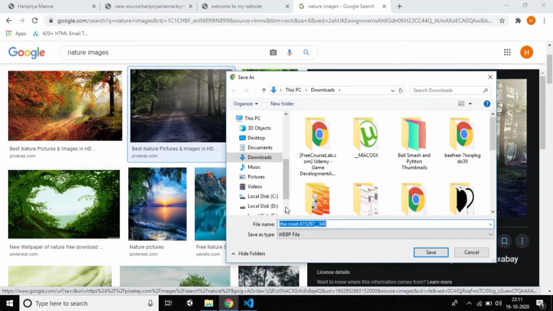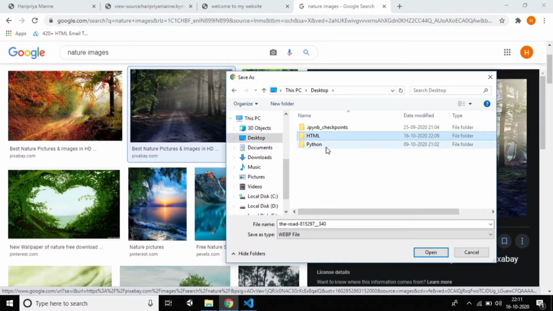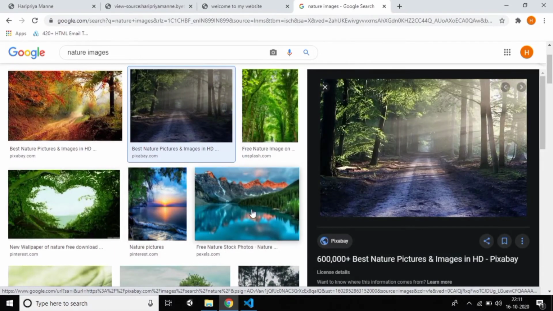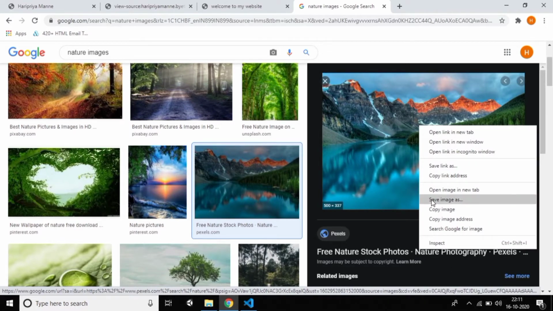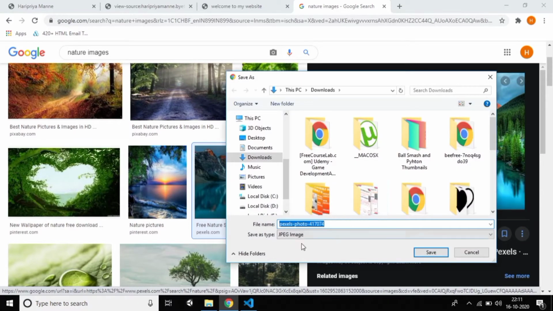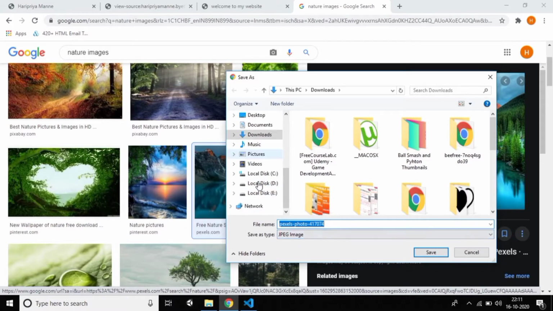One more thing, guys: where my file is located, I'll download another image, because it should be JPG or PNG, then only it is supported. Just save the image, and you can see it's a JPG, it is supported.